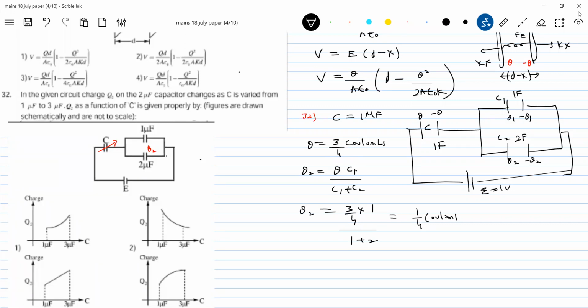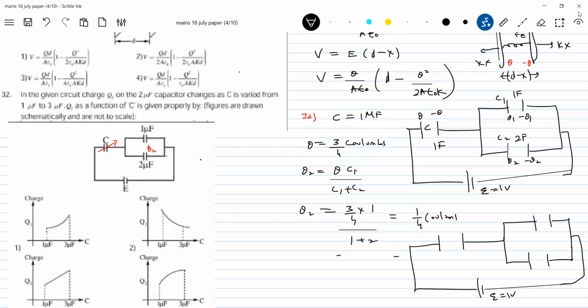When C is equal to 3 farad, you take that one. So how much charge will be in the circuit? Let me write small letters here in this case. I'll draw a diagram for this also. Good problem, it can be asked in advance. Very good problem, it just tests your basic ideas. Don't try to write mathematical equations. It'll be very lengthy. Choose some values and manage, or there's actually no need to solve. To make you understand, I'm bringing all these equations.